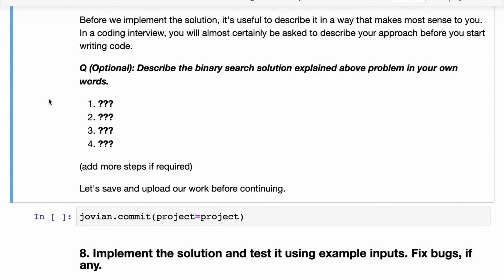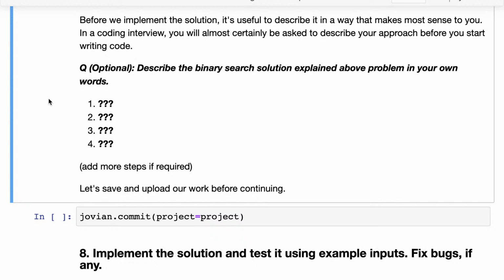Even in an interview, it's very important, because the first thing you need to do is communicate to the interviewer your thought process and how you're thinking about the problem. So the first thing you need to do is describe a simple solution in simple words, and then they may or may not ask you to code that solution. And then the next thing is to identify the complexity or identify the inefficiency.